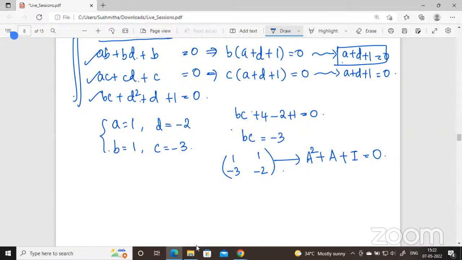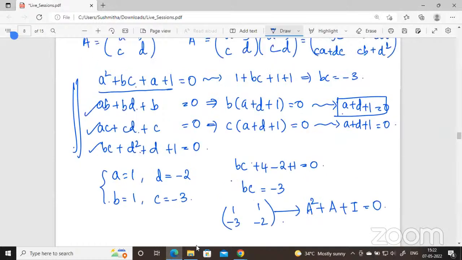Ma'am, here there are 4 variables and we have 4 equations, so we can find a solution for all those 4 variables. No, I don't think so, it's not linear. No, these are not linear equations. Quadratic. In this question, ma'am, we have to only get one set of values for which this equation is true.